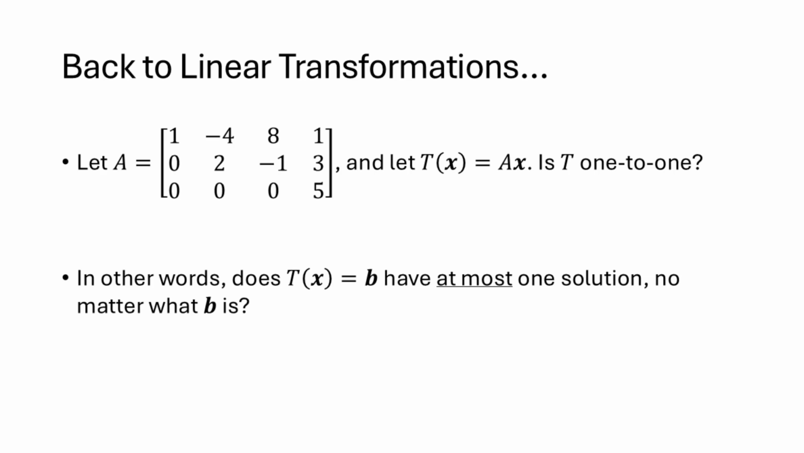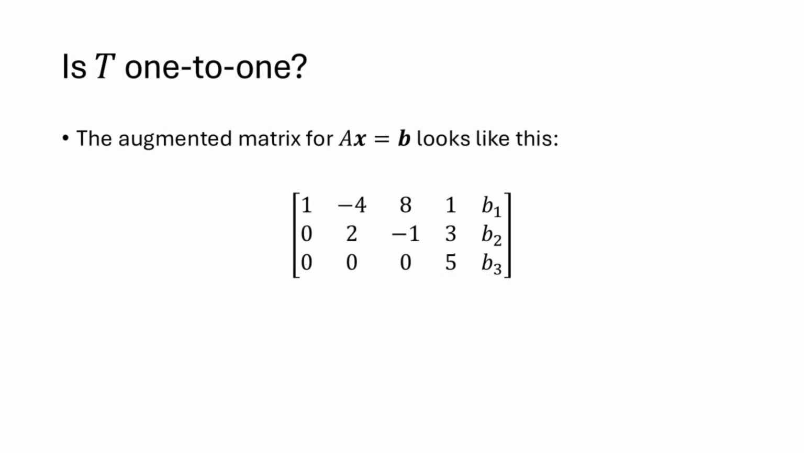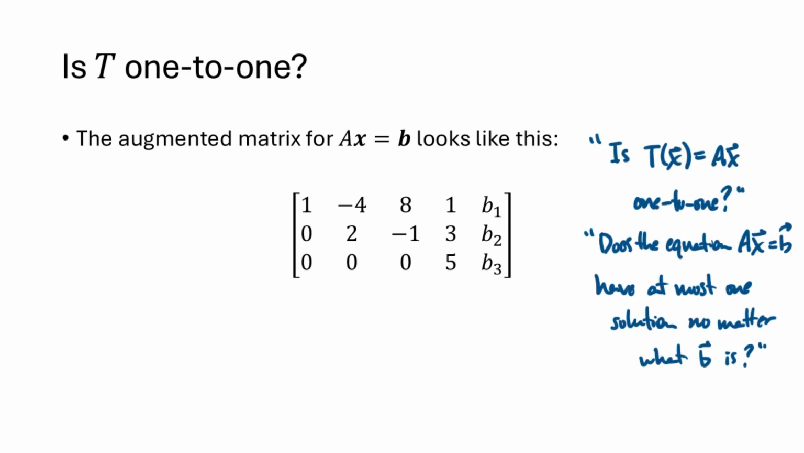What about one-to-one? For this, we're asking the question of whether the equation T of x equals b has at most one solution. That just means 0 or 1 solutions, no matter what b is. So once again, we'll set up an augmented matrix with generic variables for our b vector. And we're asking whether the equation Ax equals b has at most one solution, no matter what